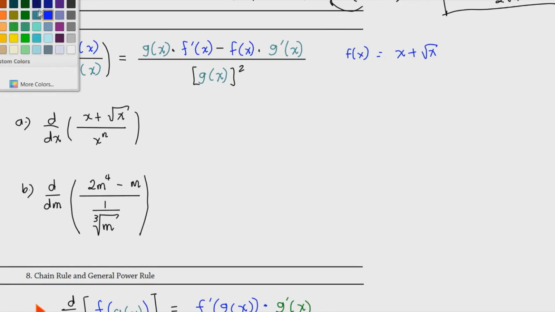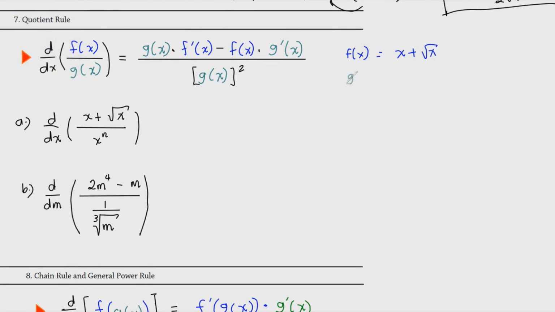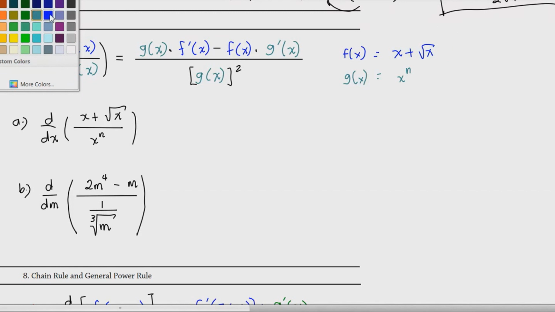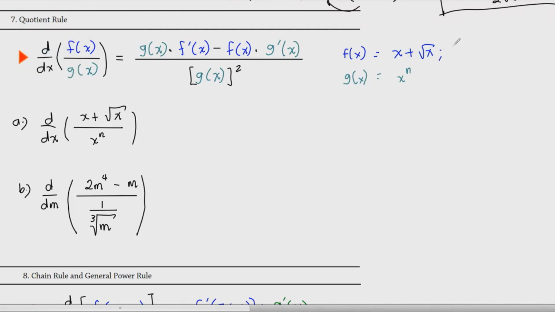Now we also have g of x equal to the denominator, which is x to the n. So now if you will be taking the derivative of f of x, because we need it based on this equation, let's use blue. We'll be getting f prime of x